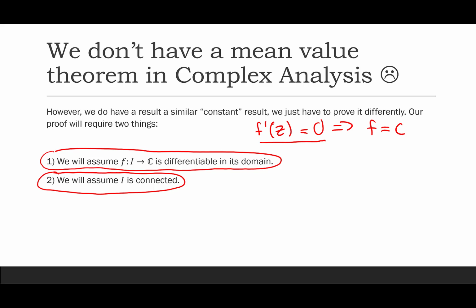Now, the second assumption might seem a little weird, but this actually goes into how we're going to prove this. This hypothesis is allowing us to prove our result. So we're also going to assume that our domain is connected. And by connected, I want you to think of it as some kind of blob where you can connect every point with a line in some way. This goes back to chapter 1 a little bit, but in any case, think of it as some blob that's connected. It has one whole piece, and we can connect everything with lines.